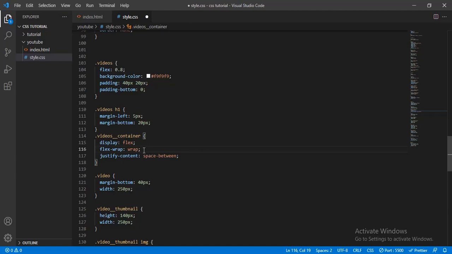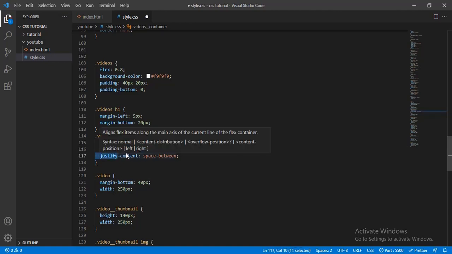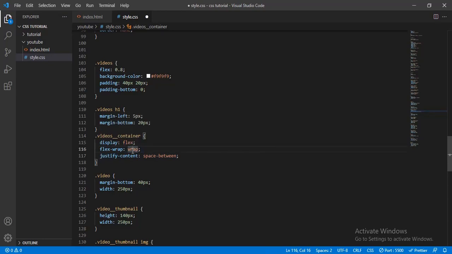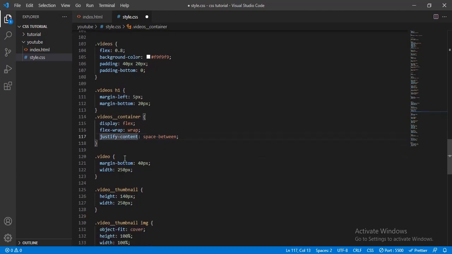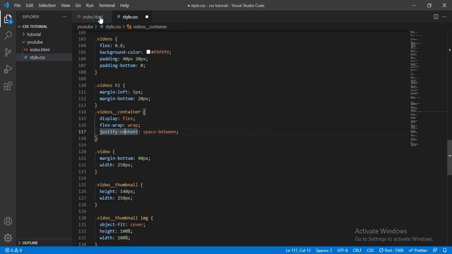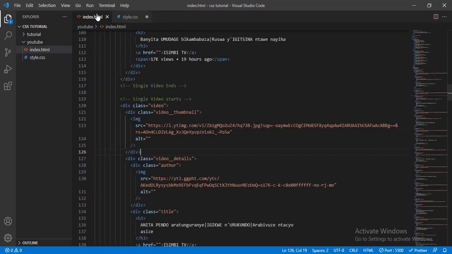Then we say flex wrap equals wrap. We have seen that this property says that when there is no space left inside the flex container, the items move to the second row. Then we say justify content space between, which we have already seen. Then on the actual video, which is a single video, which is this one,